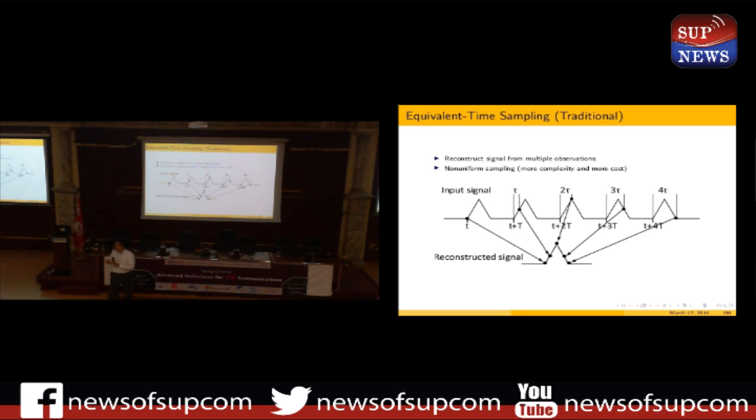If they're not co-prime, then what's going to happen? The first sample might be here, the second sample might be, for example, here, and the third might be there. You will not be able to cover the whole pulse. So this is an instance of structure that is user-induced. We have induced that structure so as to be able to